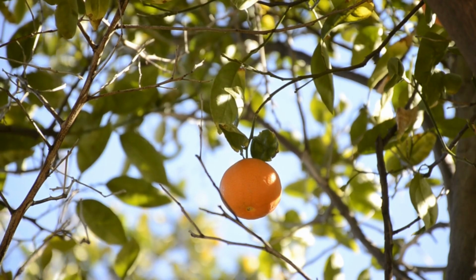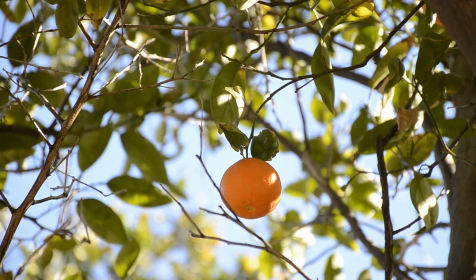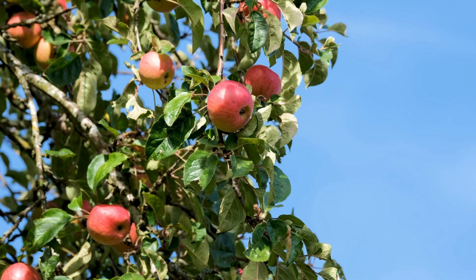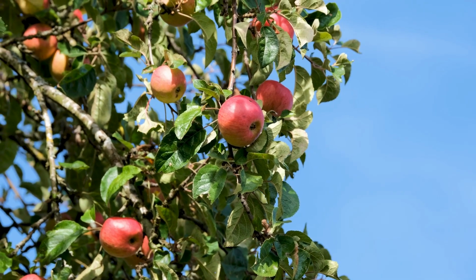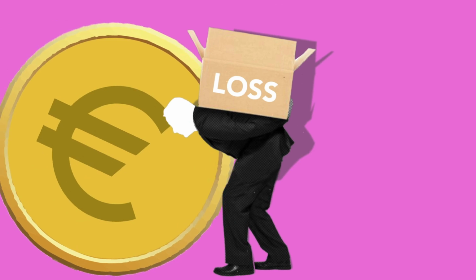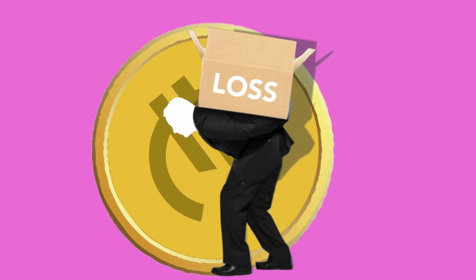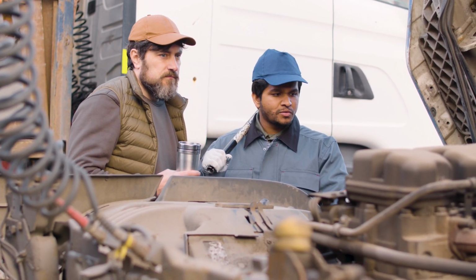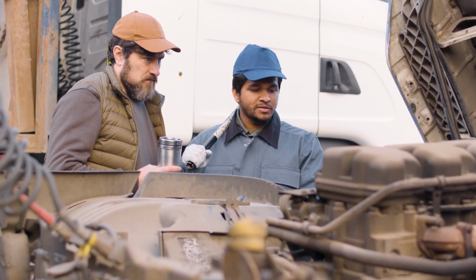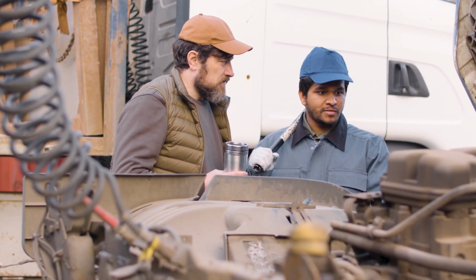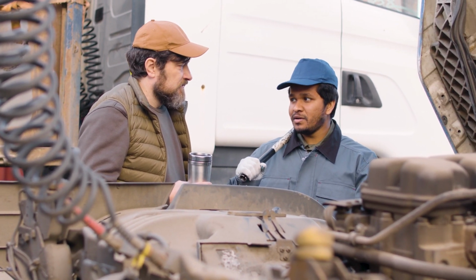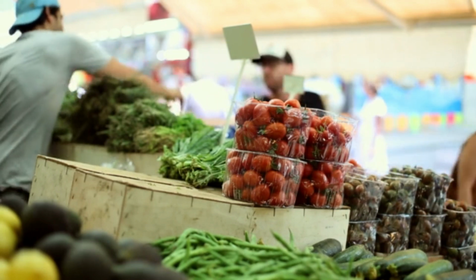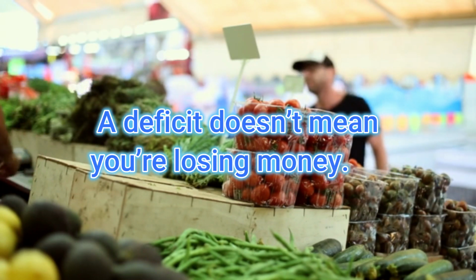Imagine you love buying oranges from your neighbor, but they rarely buy your apples. At the end of the month, you've spent more on oranges than you've earned from selling apples. That's a trade deficit, when a country imports more than it exports. For the U.S., this means buying more foreign goods, like electronics and cars, than it sells abroad. But here's the twist: a trade deficit isn't necessarily bad. It's just a reflection of market transactions, like spending more on groceries than you earn from your garden. It doesn't mean you're losing money overall.